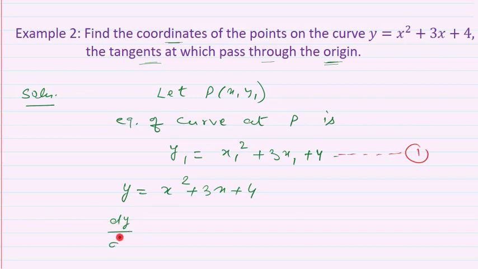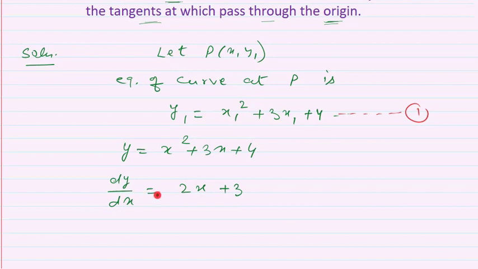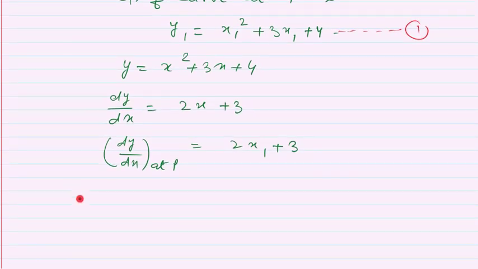From here you can easily calculate dy upon dx, which is nothing but equal to 2x plus 3. Yes, the next step is to calculate the slope of tangent at the point P. So dy upon dx, either we can write at P or we can write x1 y1, which is equal to 2x1 plus 3. Now we are having slope of tangent as well as the passing point. So easily you can calculate the equation of the tangent